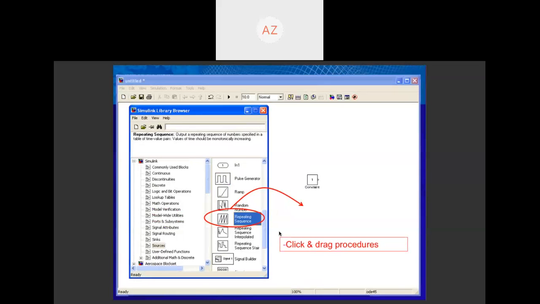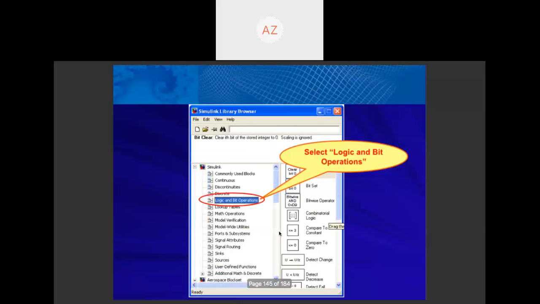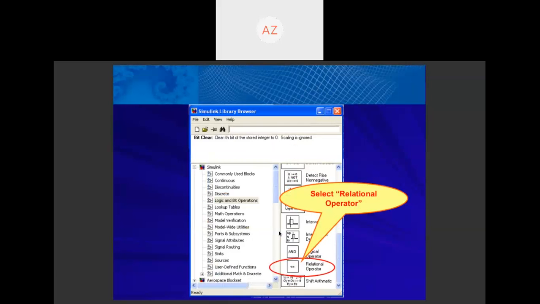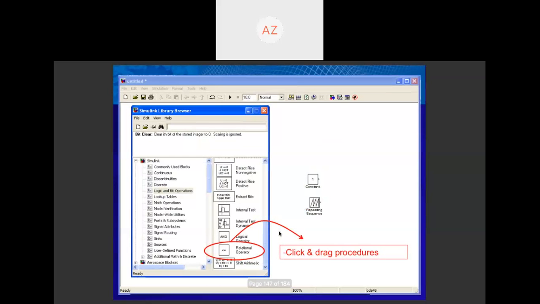Then in Simulink, select logic and bit operations, and select relational operator. Then just perform click and drag.